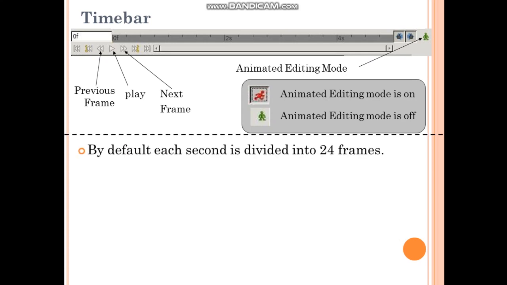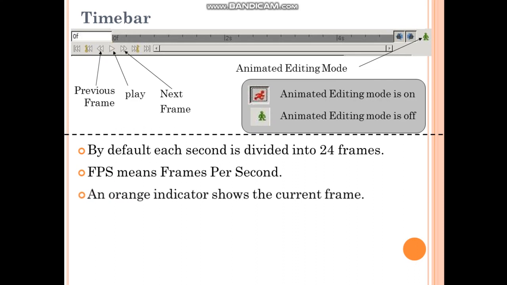By default, each second is divided into 24 frames. FPS means frames per second. An orange indicator shows the current frame. Here on timeline, it will show you a thin orange colored line. So here the 0F position is there.